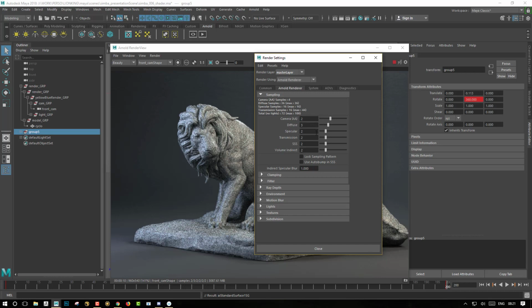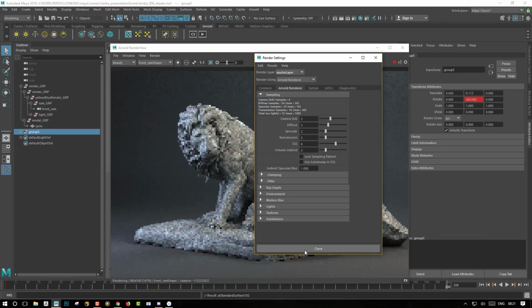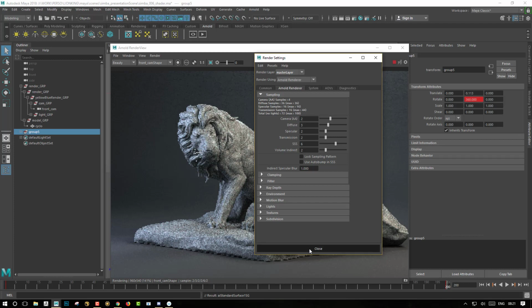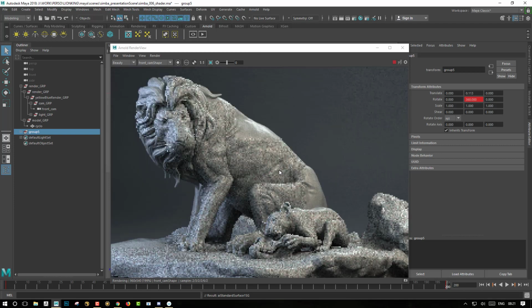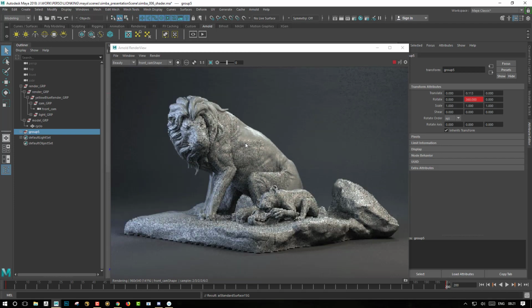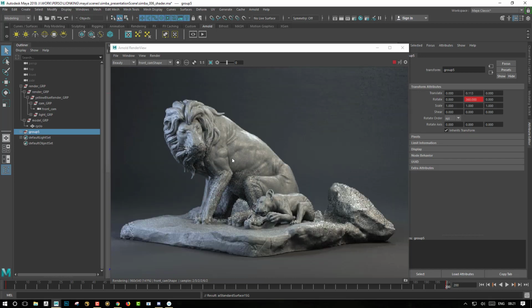This will just multiply all the different samples that we already have in this scene, or I can just play with one value if I just want to raise up the number of SSS samples. So having a better value in the SSS will help me to get rid of the noise in this scene.